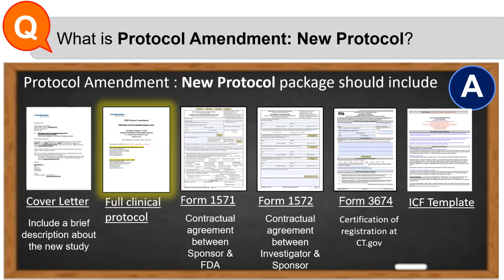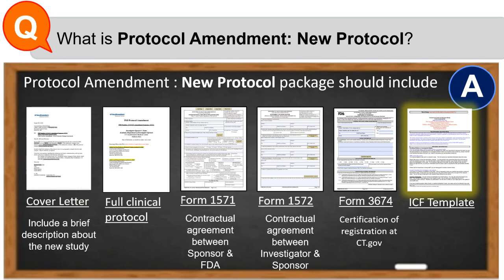This package should also include the full clinical protocol, must include Form 1571, that is the contractual agreement between sponsor and FDA, Form 1572, that is a contractual agreement between investigator and sponsor, Form 3674, that is certification of registration at clinicaltrials.gov, and informed consent template.